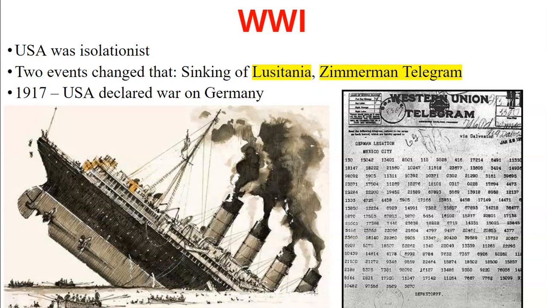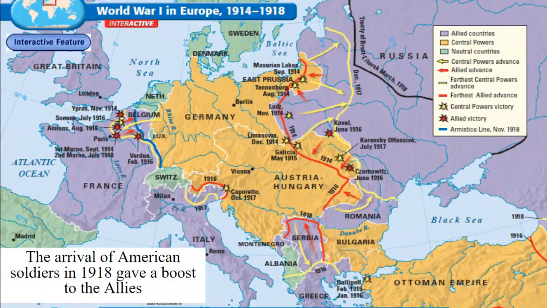The problem was, the British intercepted this letter, and they managed to decode it, get it to the United States, and the United States declares war on Germany. Because their point was, look, we were cool, we were chill, we were over here. We may have been sending over some guns and stuff. You would have done the same thing. But you basically told another nation to declare war on us. That's a problem. So the sinking of the Lusitania, no, that's not the spark. The Zimmerman telegram, yes, it is.